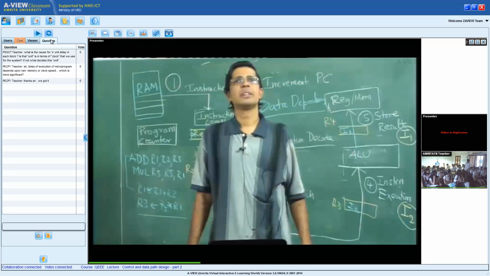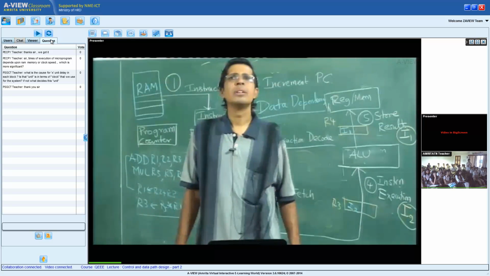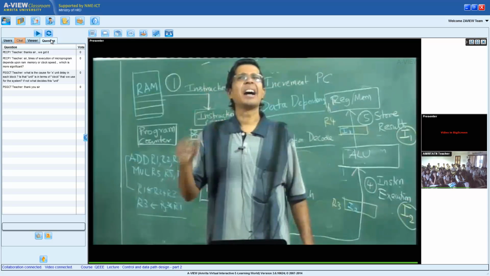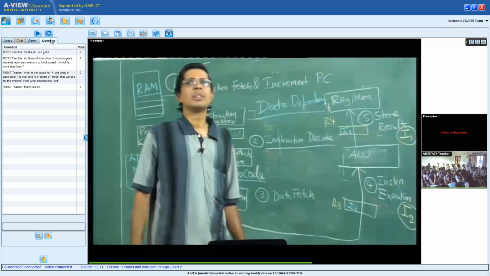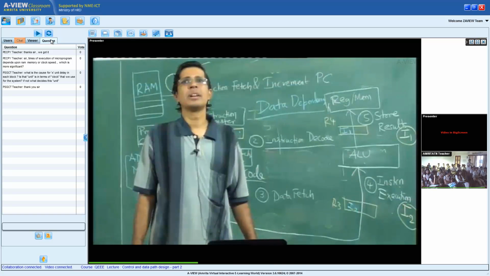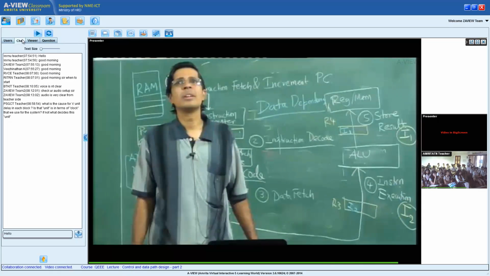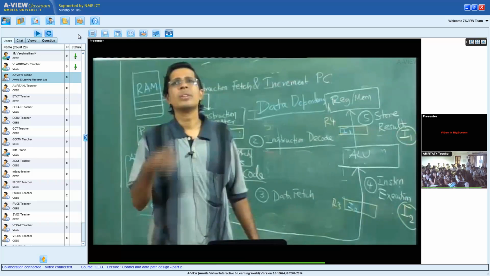Sir, we are using a register as a buffer in a pipeline structure, but the same concept is used in multi-cycle implementation, and multi-cycle implementation is a similar task to pipeline. So what is the difference between a multi-cycle implementation and a pipeline?